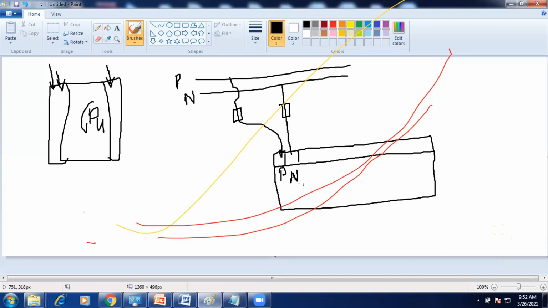Instead of P and then N, they will mention in the PLC line neutral or 230 volt AC / 110 volt AC. Like that manner they will mention. Okay. So it comes under with SMPS. Without SMPS in the sense, inside this PLC we are not having SMPS. So we need to connect externally.